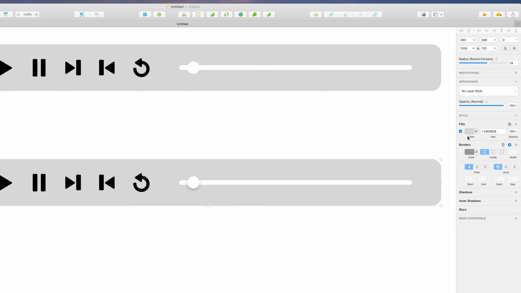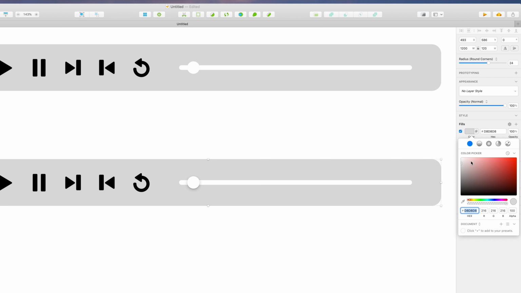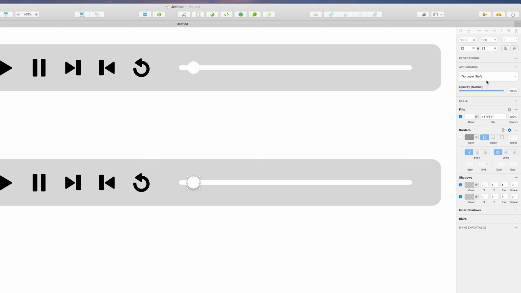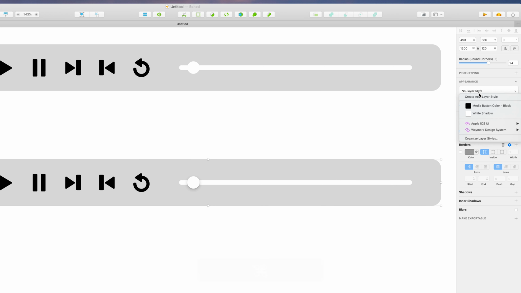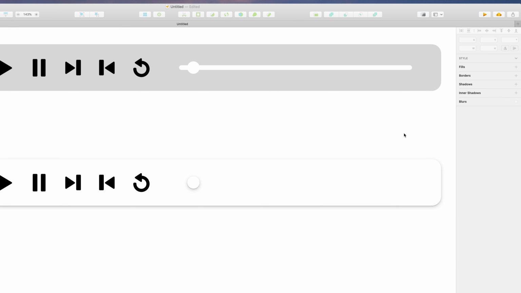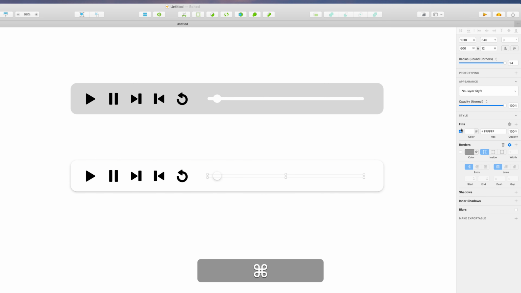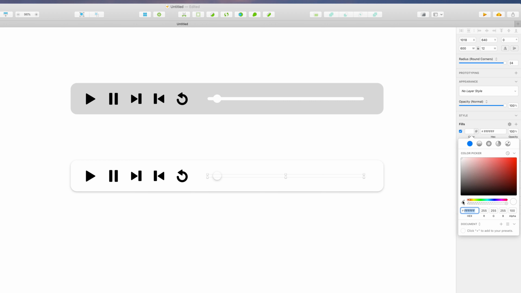Maybe we'll do the same thing here. Why don't we give ourselves a white media player? I'll select my playhead here. I'll make a new style. I'll call it white shadow. Then I can select the whole player, and I can change that to white shadow too. And now I have a white shadow media player, and maybe this media player now needs